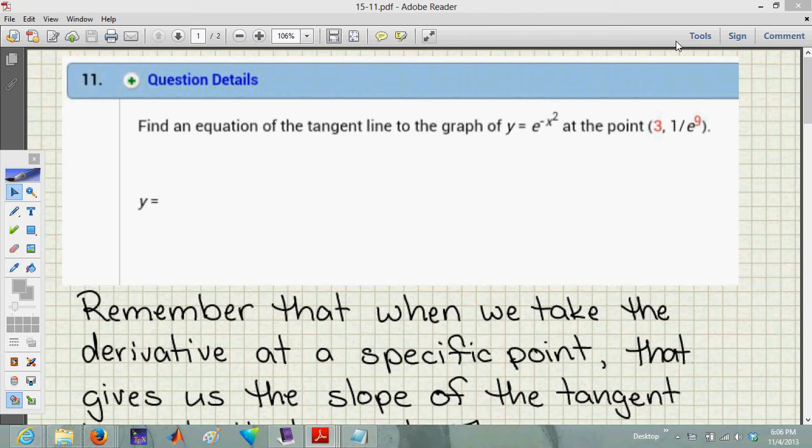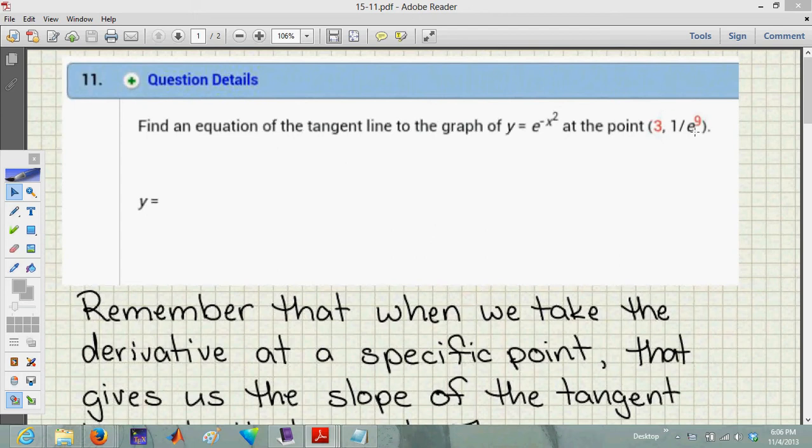Let's take a look at question number 11 from homework 15. Okay, this is a question that you guys have seen before, you just might not remember having seen it. They're asking you to find the equation of the tangent line to the graph of this function e to the negative x squared at the point 3 as your x coordinate and 1 over e to the 9th as your